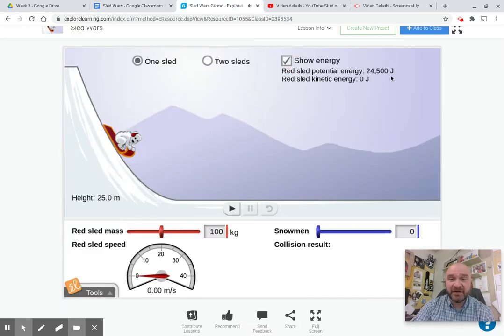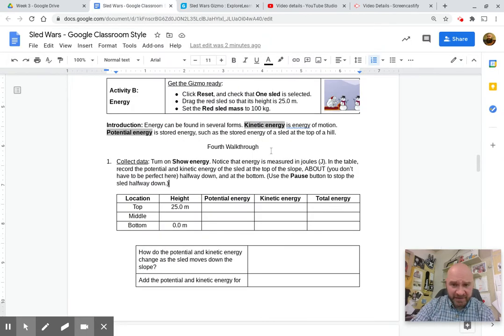Now I notice I've got all kinds of information. Right now, without me even hitting play, the red sled potential energy is 24,500 joules, and because I'm not in motion, I have 0 speed. My kinetic energy is 0. Let's see. In the table,